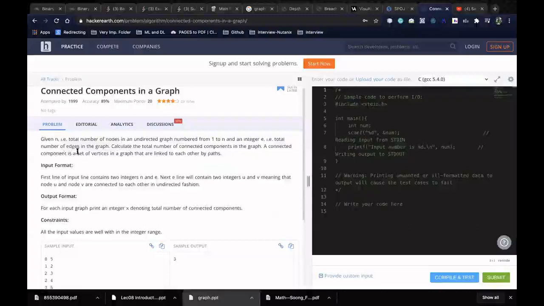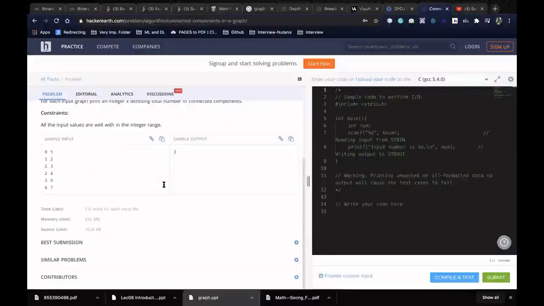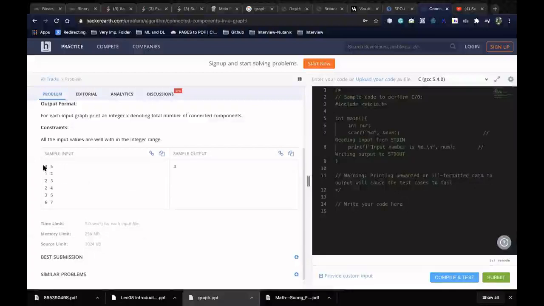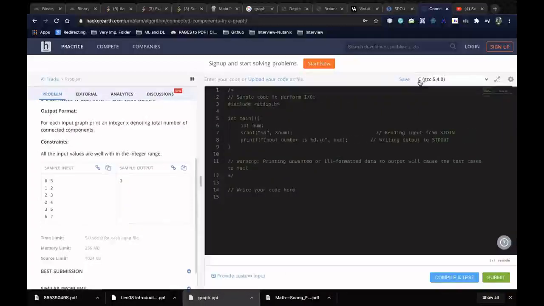A connected component is a set of vertices in a graph that are linked to each other by paths. Here in the example there are 8 different nodes and 5 edges. There is an edge between 1 and 2, between 2 and 3, 2 and 4, 3 and 5, and 6 and 7. I have to find out the number of different connected components.